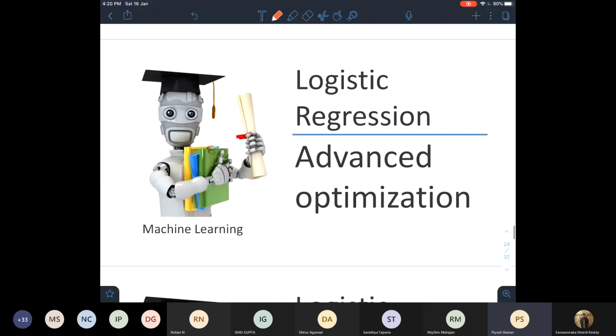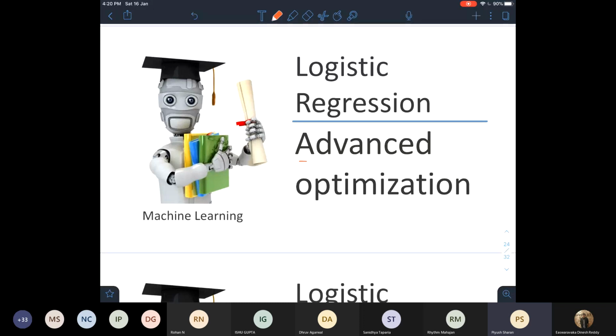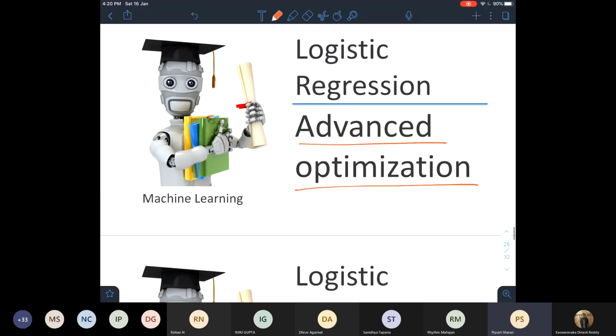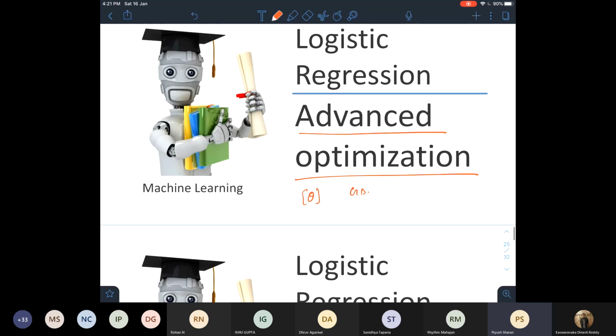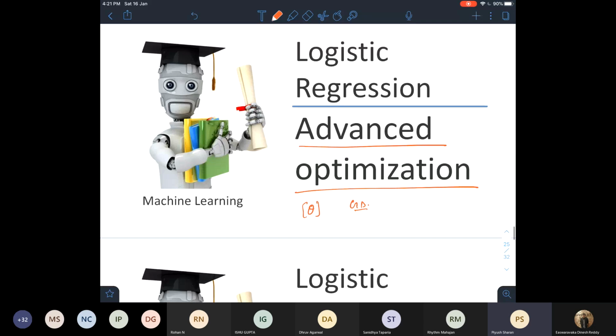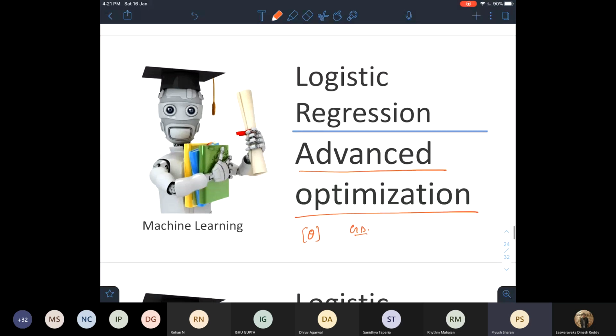One thing I would say: to find the best theta, right now we are just using gradient descent, but as Rohan will show you in the implementation part, there are some advanced algorithms too. I'm just mentioning it right now so you don't get confused when he teaches it to you.